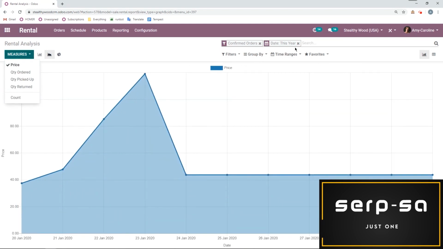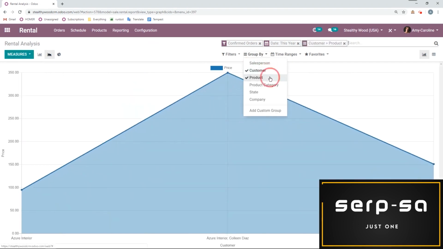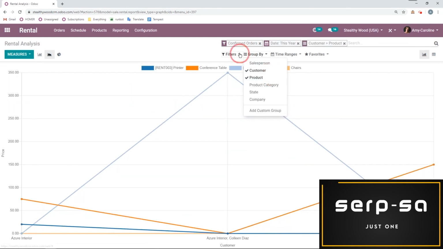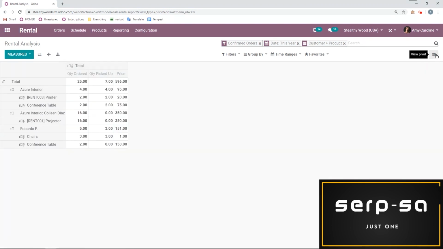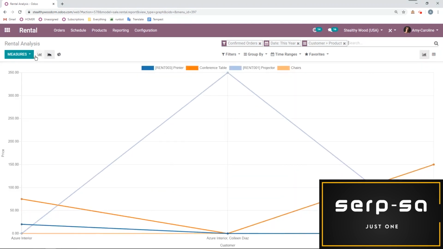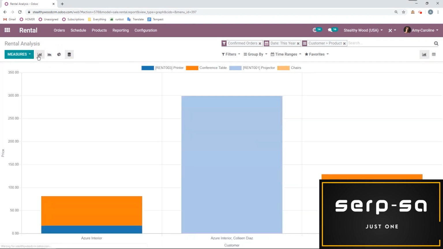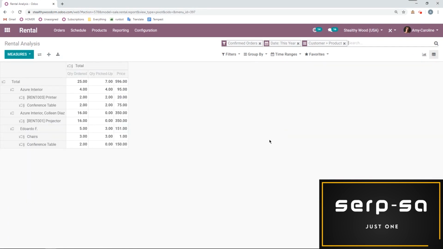So right now I see confirmed orders and date in the filter, but I can also group by customer, for example, and product. I can filter by other things as well. Okay. And then I can add different time ranges. So you have a lot of options for the reports. So again, you can really keep track of everything, but not everything that's going on at this exact moment, but things that have been going on for the entire year or even longer. Okay, we also have our pivot view as well. So it's not just the graph view, even though you do have multiple graphs you can look at. We also have the pivot view. All right, so it's so easy to keep track of everything that's going on with our rental